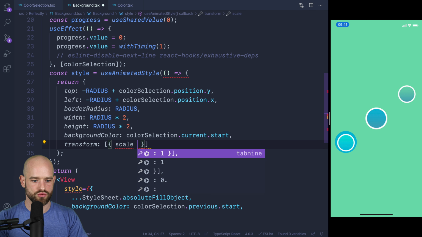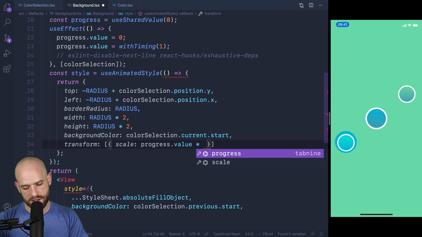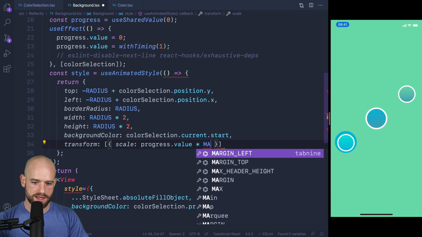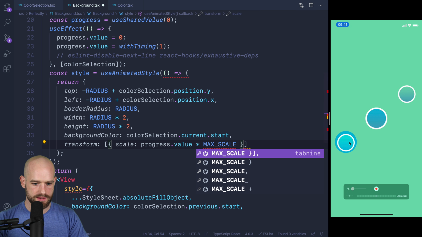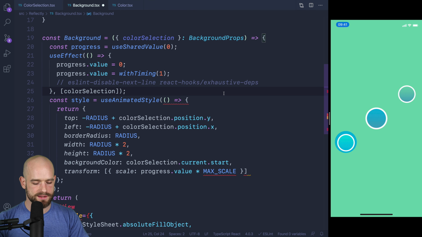We can do progress.value times maxScale. So at 1 we have this value. So the max radius we need to apply is